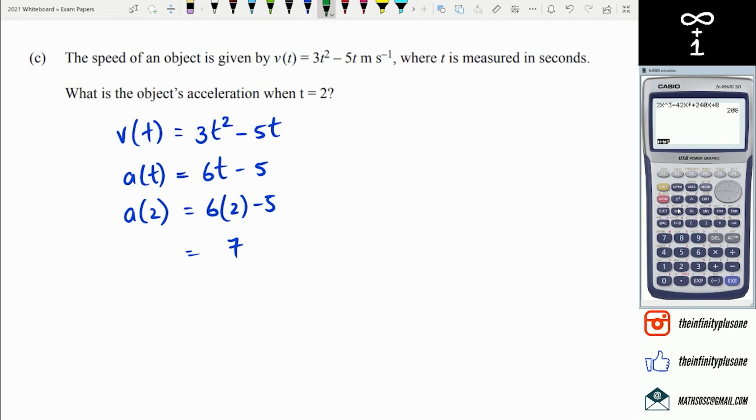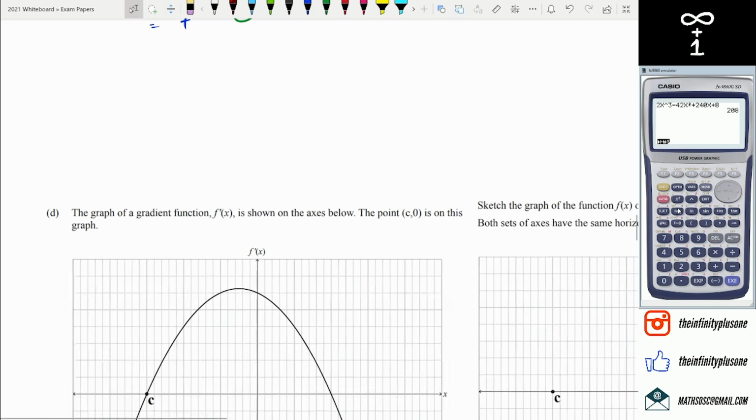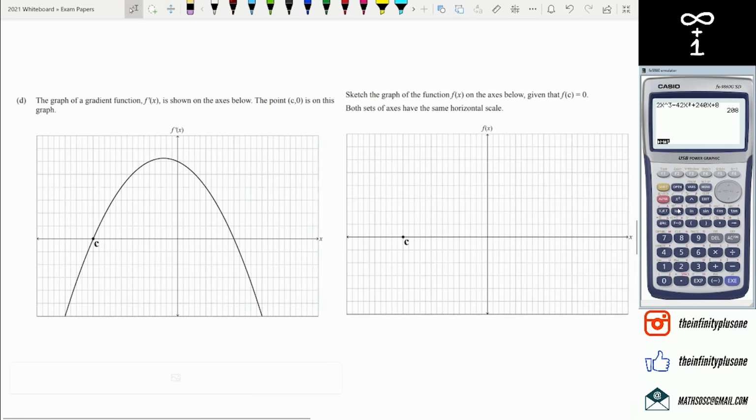Grades wise, this is an achieved question. Weird, usually I see achieved questions coming at question B, not at C, but there you go, they're mixing it up. All right, we've got one more of these